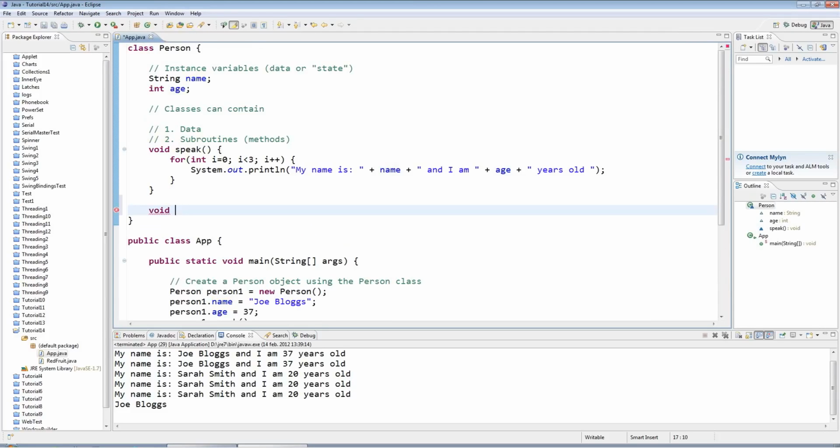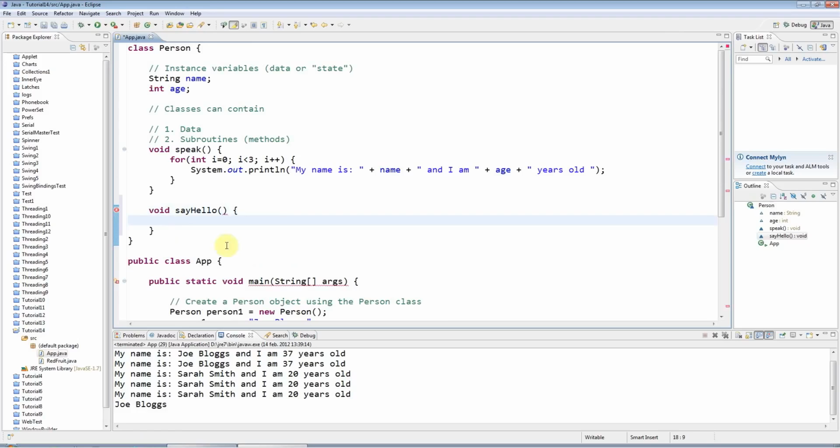Like I could say, what shall I call it? I don't know. Say hello. So I'll capitalize the first letter of each word after the first one. The first one has a lowercase letter, and then because this is a new word, I give it a capital H. Round brackets like that. Open the curly bracket. Eclipse has actually put in the closing curly bracket for me, and I could say, I don't know, like sys out